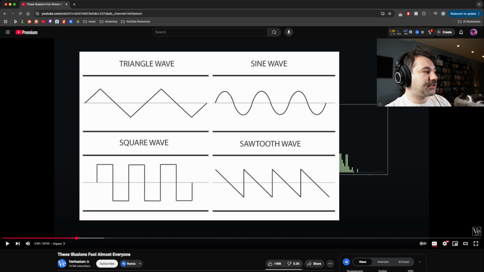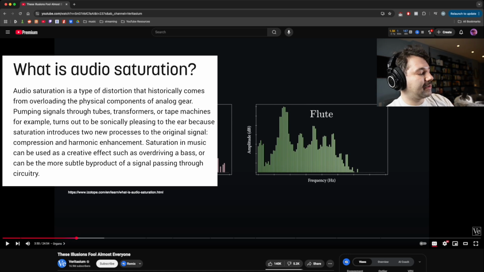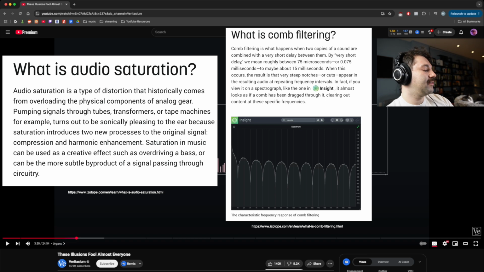But what gives the actual tone and the timbre to an instrument, like he's saying, is all those beautiful different overtones. And there's actually lots of different ways that you can add overtones and add texture to sound using tools like saturators, comb filters. All of these different kinds of distortion are basically adding these overtones, which changes what a